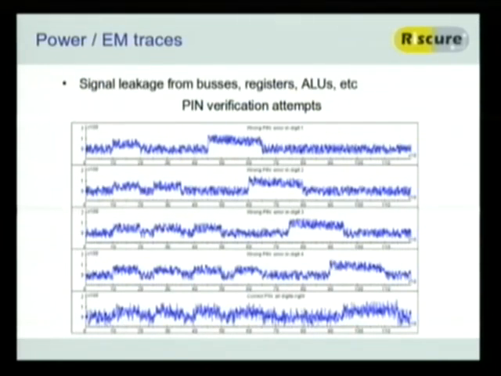So in our first measurement up here, we've entered a pin that's wrong in the first digit. In the second one, we did it in the second digit, third digit, etc. Now, the pattern that we see here is this sort of bump that's happening up here. And here we see it happening once. In the second trace that we took, we see this pattern occurring twice. Now, 3, 4.